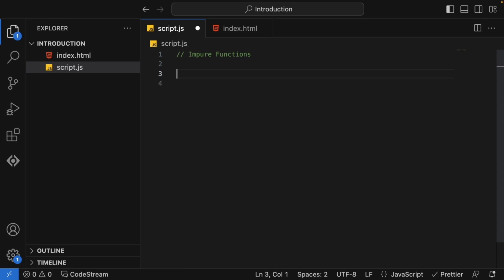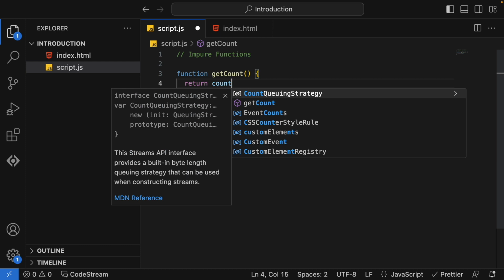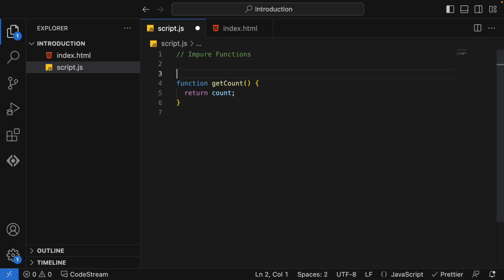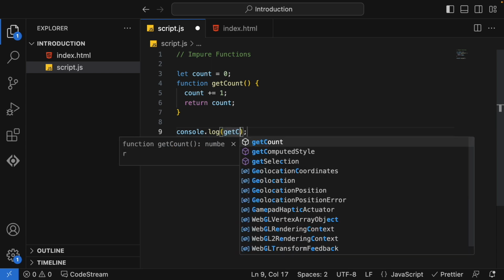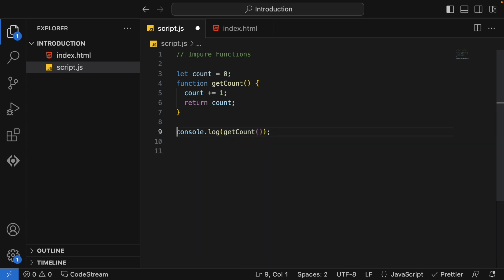For example, I'm writing a function with the name getCount in this case. When I'm saying getCount, I don't want to give any input here. I'm trying to return the count, and I'm using one count variable which is declared globally, and always before returning, I'll keep incrementing it. Now, if I call this function many times, for example, getCount, so every time